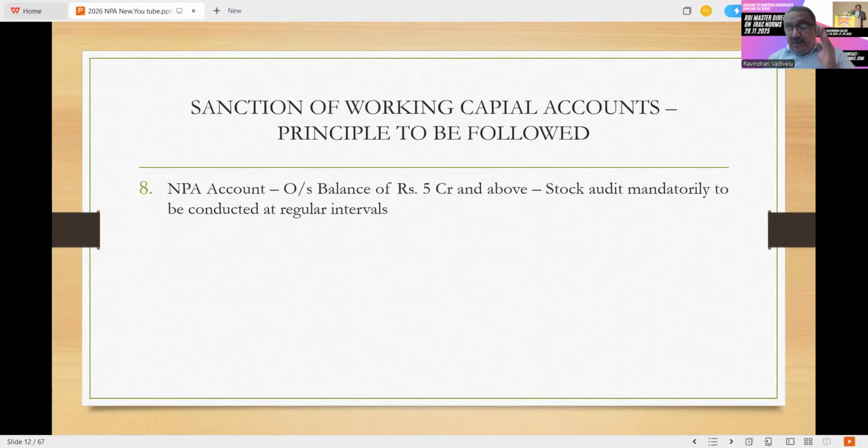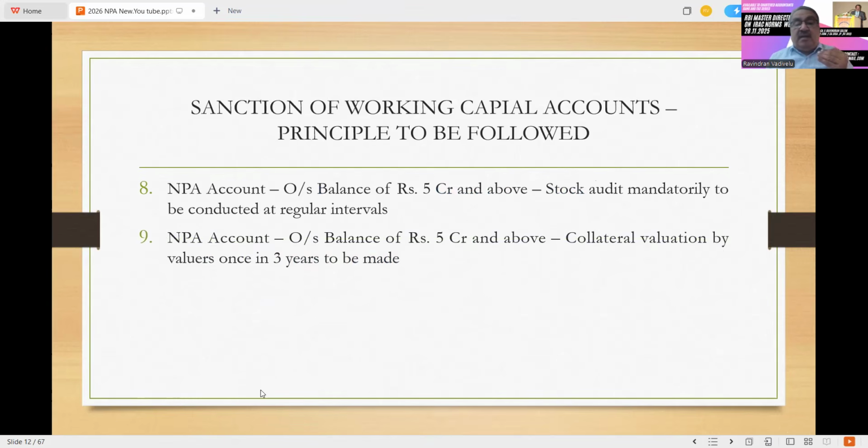But a few banks are not doing stock audit for the NPA accounts. Here they have given a cutoff point. If it is 5 crore and above, a stock audit has to be conducted compulsorily. And if there is any collateral given to an NPA account, and the outstanding balance is 5 crore and above,